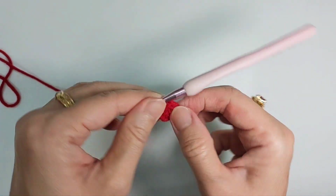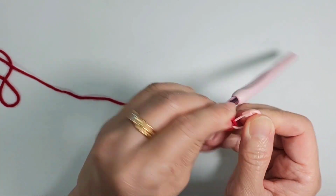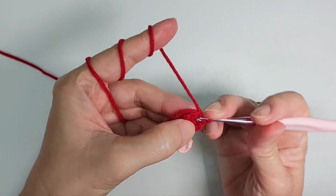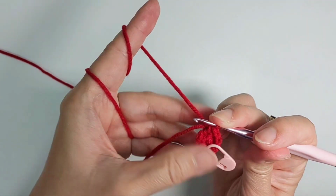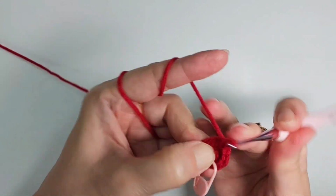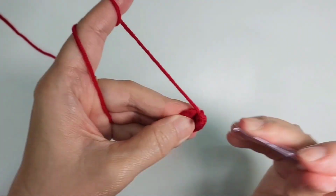Let me just add a marker just in case. 1, 2, 3. I did 3, should be here. Okay, now go to the next stitch and do 3 single crochet into the same stitch. 1, 2, 3, and next stitch